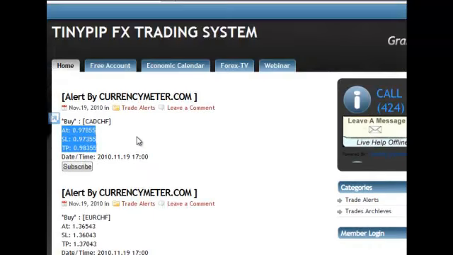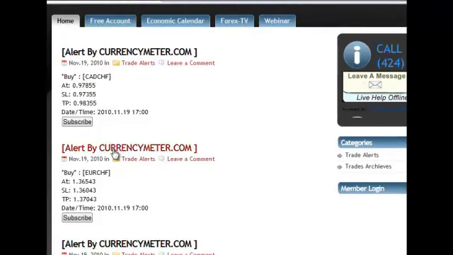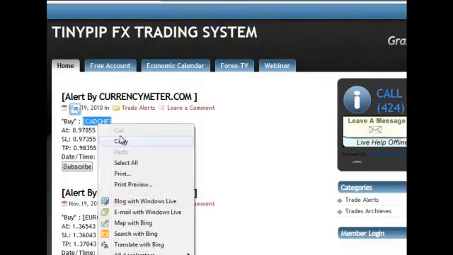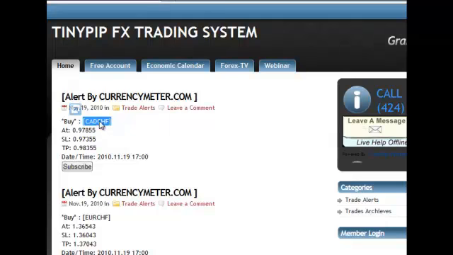The key to this really is to tell you what's going on. As you can see, on the 19th we have an alert to buy CAD CHF at 97.85. But what we do is search to see how long this pair has been buying, because that's the key. You need to know how long a pair has been moving in one direction. The easy way to do it is to copy the currency pair and go to your search box. I'm going to paste the